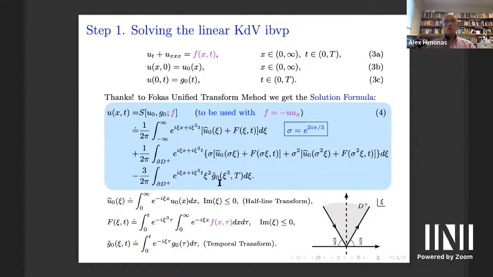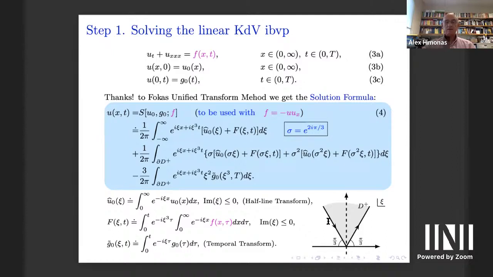And also we see here the temporal transform of the boundary data, which is defined here. And here is a mix of spatial and temporal transform on the forcing. And here the important domain that goes with the linear KdV is the D+. You see it here. It is in the upper half plane, having pi-thirds angles from both sides, symmetric with respect